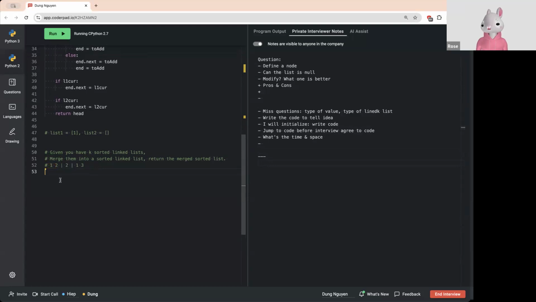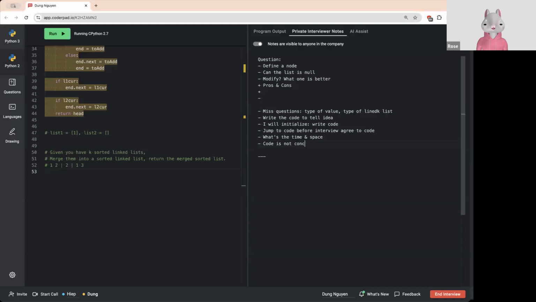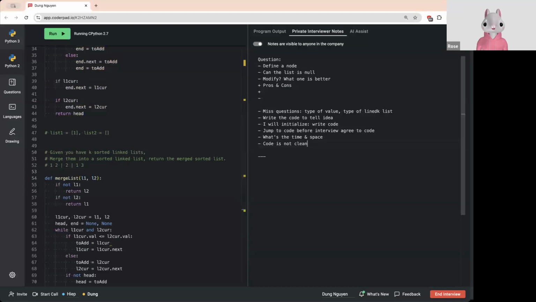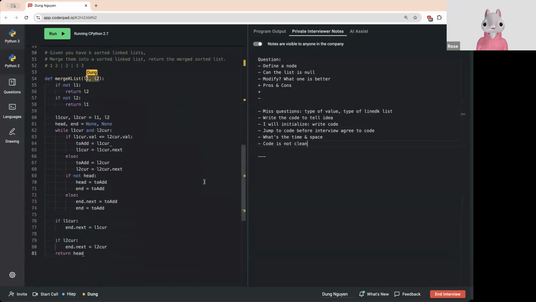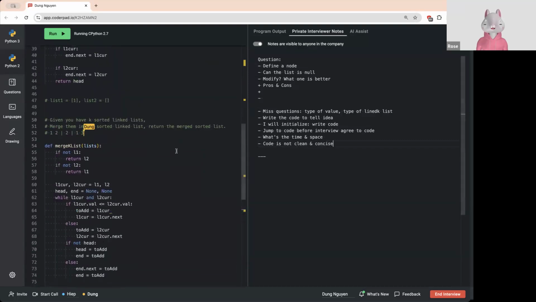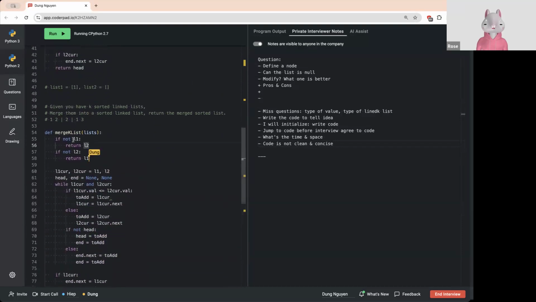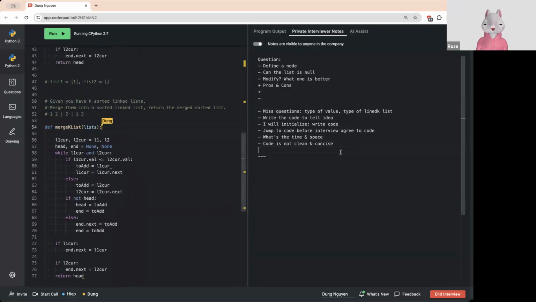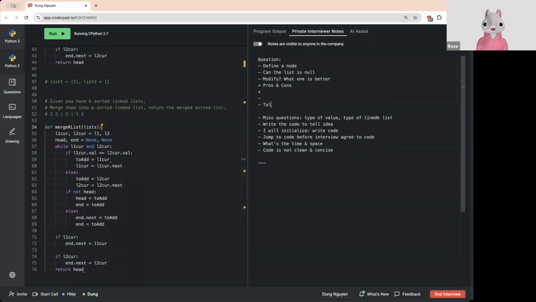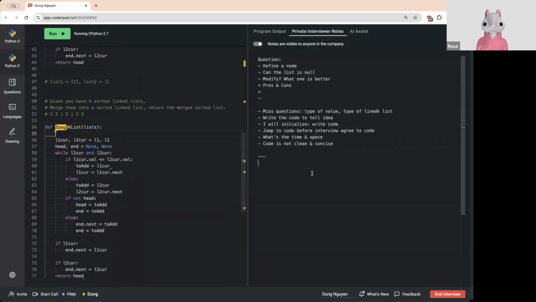The difference now is we will have more than one list. Let me just copy this list and see what else I would modify. Merge k lists, and I would give it as a list of lists. This if will not work because I will not have the same k lists anymore, and so what I would do is